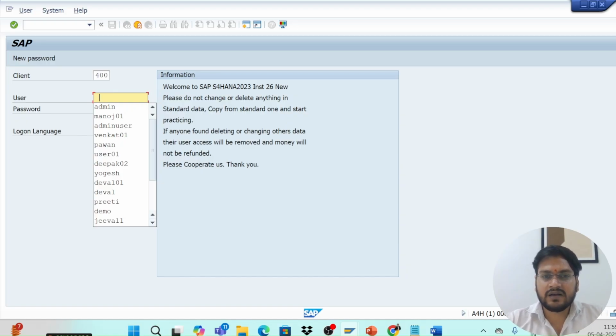ECC is the previous version, and S4HANA is the latest version. ECC goes for some third-party database, for example Oracle or SQL. But SAP S4HANA has its own database, HANA. So in SAP S4HANA, there are some updates compared to ECC. Mostly 90 to 95%